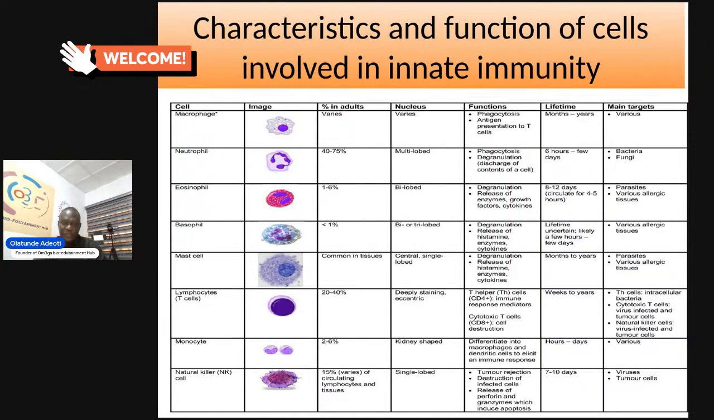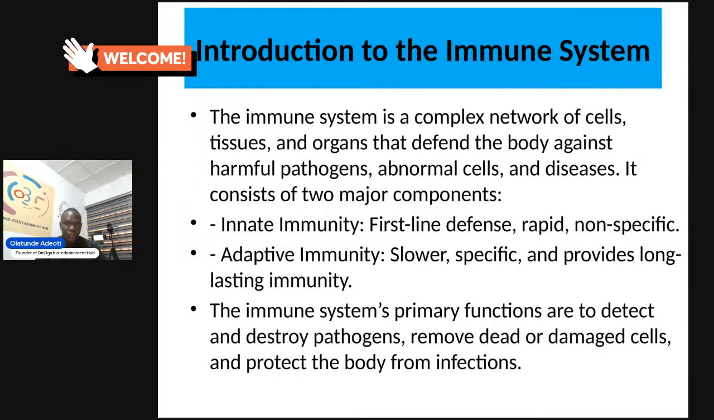So it accounts for 15%, and it varies depending on the circulating antigen. So it is a single lobe, that is, the nucleus is just one. Then it functions in tumor rejection as well as destruction of certain cells, that is antigen. And the lifespan is just between 7 to 10 days, and it targets viruses and some other tumors. So those are the major components of the innate immune system, their functions, their lifespan, and their